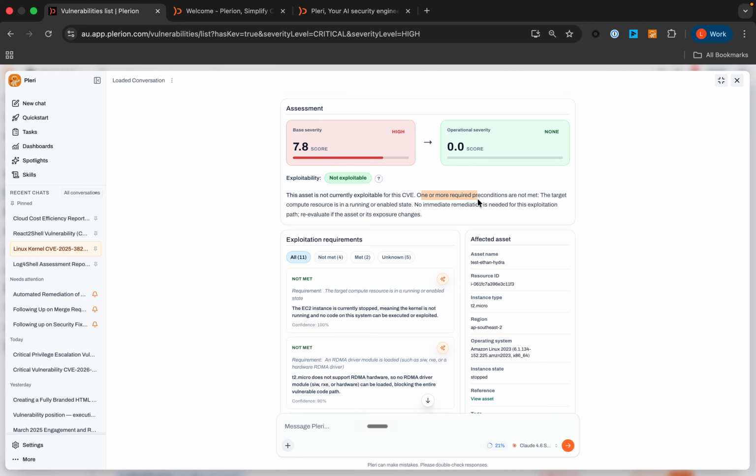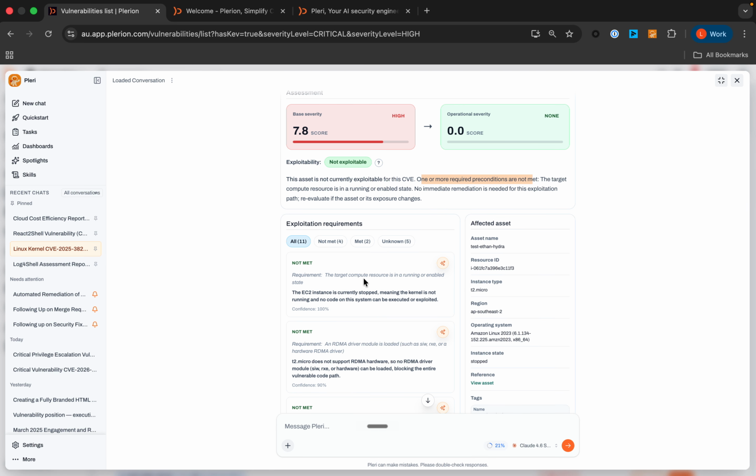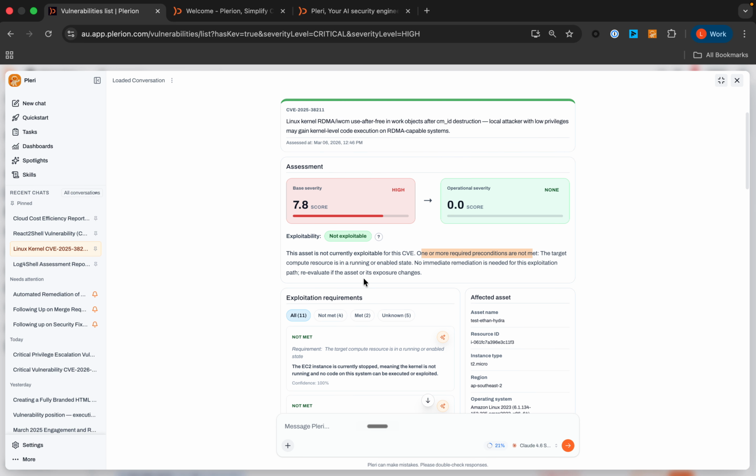Now, all of these conditions are documented here. One example is the EC2 instance is currently stopped. So the kernel isn't running, there's no code on the system, therefore it can't be executed or exploited. What this helps with is prioritization. This would obviously move down that prioritization ladder, and you would focus on those vulnerabilities that are not only critical or high, but more importantly, they have operational severity in terms of